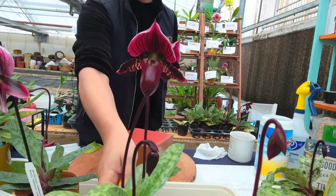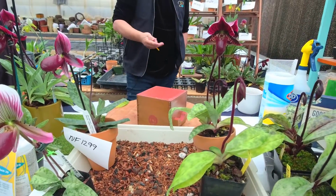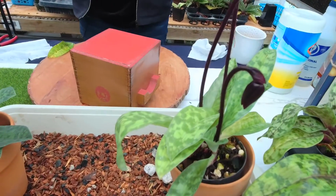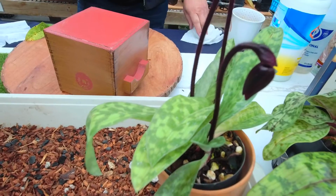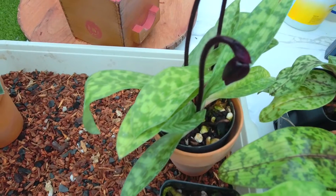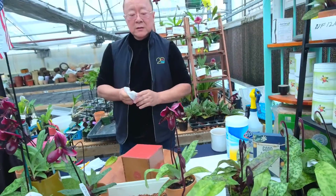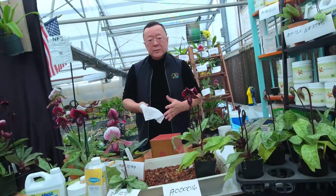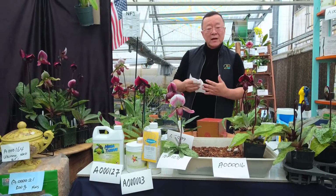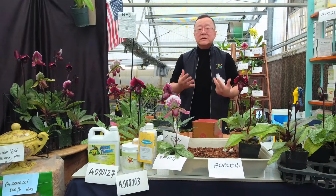So this is why I sort of introduced the Mardi type again, because there are not many American breeders doing a lot of the Mardi type. I know my cousin, James Fang in Hawaii, does some, and we also work with him a lot. But Paphiopedium should be more available and should be grown more readily with your Phalaenopsis or even as a house plant. Okay, this is some of the stuff that you never see or rarely see